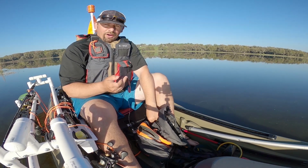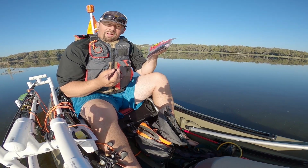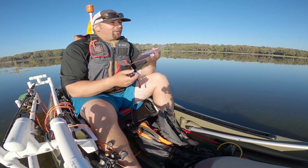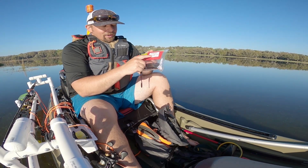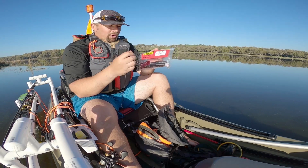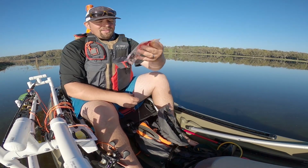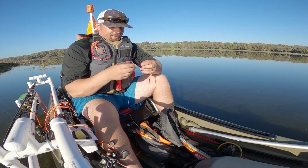Well, I have a number of Zoom baits with me, so you know what? This is gonna be a Zoom challenge. I'm gonna fish with only Zoom baits, and we're gonna see how well they get munched. So this is the Magnum Speed Worm, and the Magnum's the size, the big worm. And it's a red bug color, so take a look at that. That's what we're going to be throwing, and that's what we caught the first 9 on,